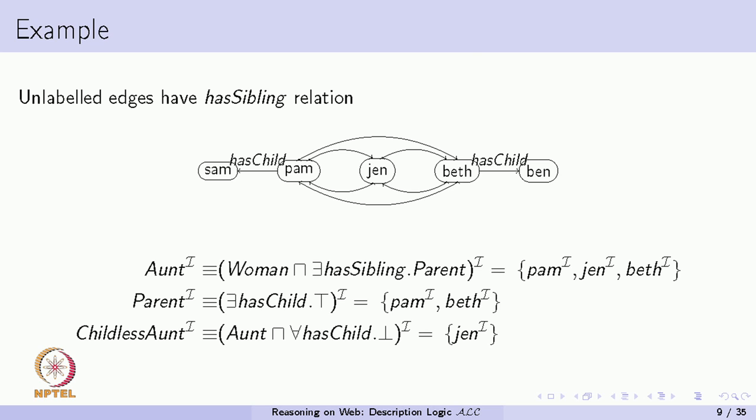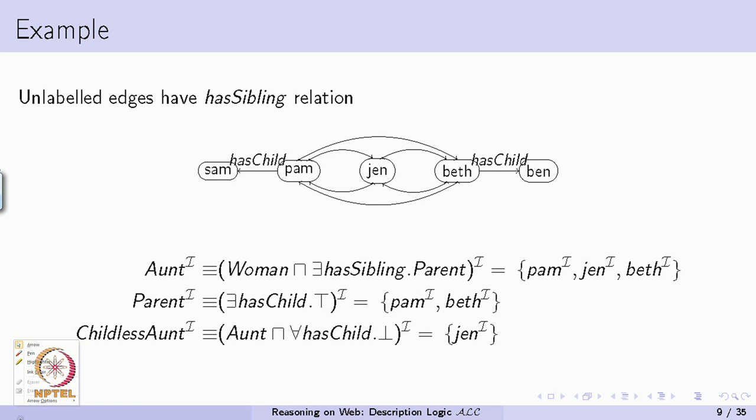So, here are some examples of some more concepts. That is the same knowledge base that we had seen expressed graphically here. We have this notion of an aunt which we were struggling to define using our old language, but here we can say that an aunt is a woman and an aunt is somebody who has a sibling who is a parent. So, that is a thing that we tried hard in the previous class,